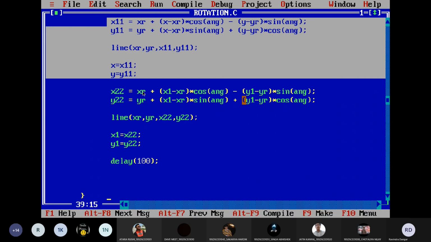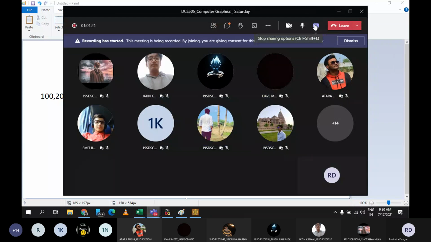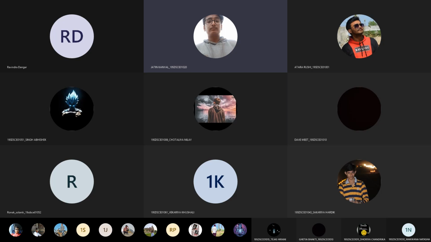Fine. Any doubts so far? No, sir. Okay, great. Then just try to perform the activities which I have given. For translation, I have given 2 activities. You can move the circle throughout the window boundary, and then you can move the circle to the ladder. And in rotation, you can complete this program where the remaining lines are there. Fine. So that's it. I am done for today.